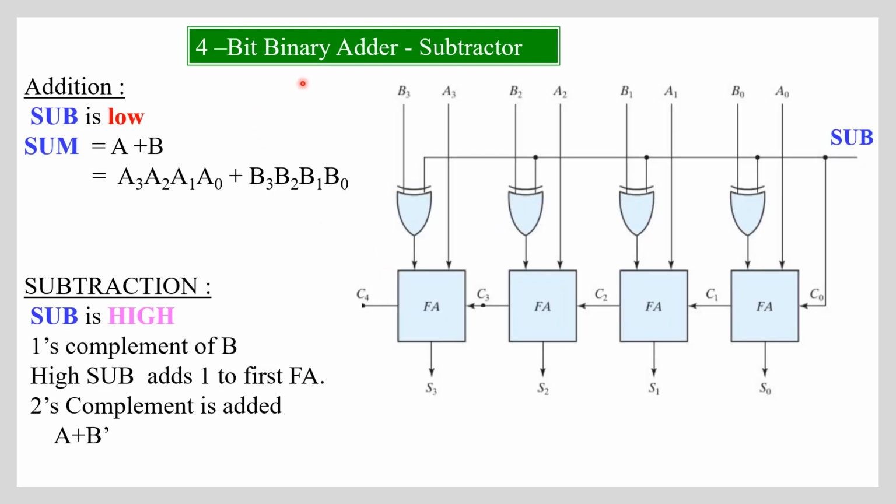So now we'll see 4-bit binary adder and subtractor, that is 2's complement adder and subtractor. 2's complement representation can greatly simplify the arithmetical hardware. Therefore, 2's complement adder and subtractor are widely used. Now let us see how to do the addition by the circuit. Now here we can add or subtract the binary number, 4-bit binary number. When sub is low, the addition is performed. The B bit, that is, what is the B bit?